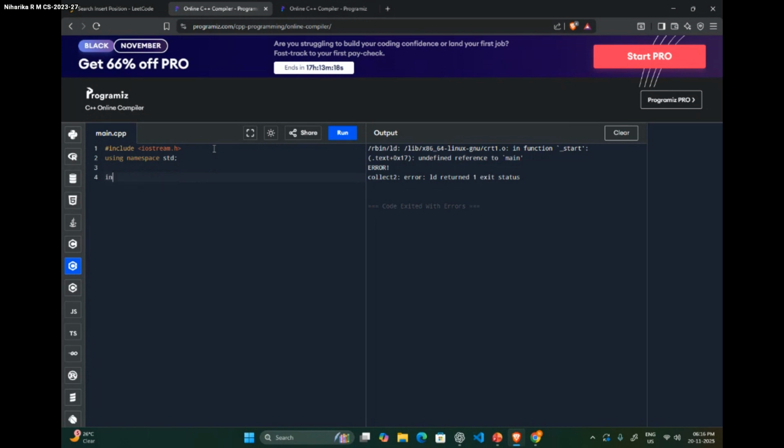Now I'll write a function for this binary search. Let my function name be binary. I'm calling an array arr, and then I'll take the size of the array from the user, and we obviously need the target, right? So we're taking that.